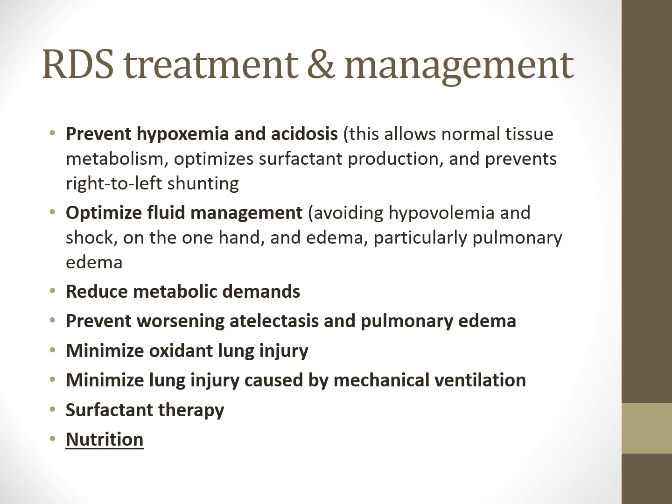That will also, having a higher mean airway pressure will help reduce pulmonary edema as well. The idea here is to minimize oxygen lung injury as much as possible. So that's the free radicals part there. Because remember, under high FiO2s, your type 2 pneumocytes do not want to produce surfactant. Neither do your cilia want to move either. So the higher the FiO2 here, the higher the chance of lung injury you have, and therefore causing RDS